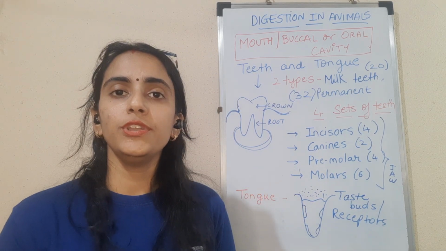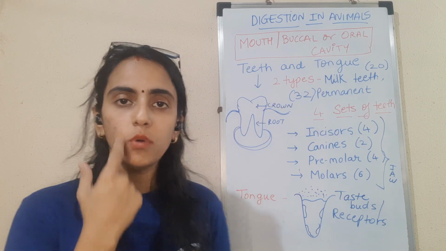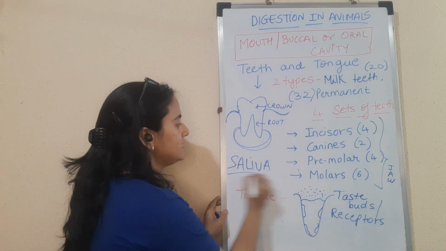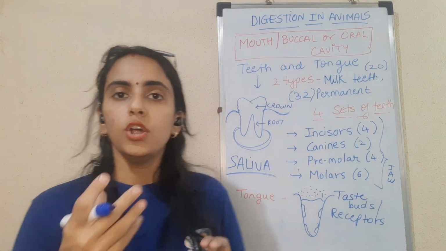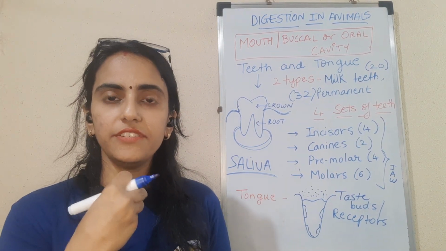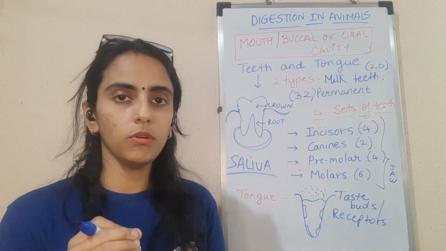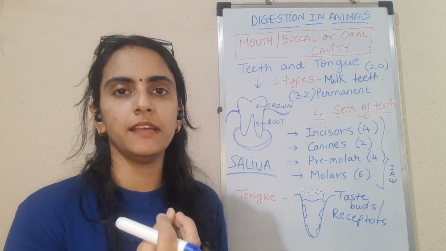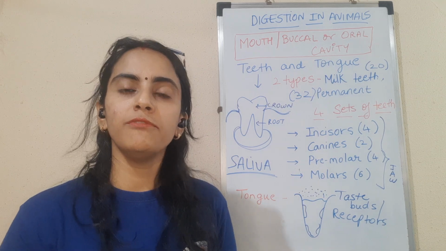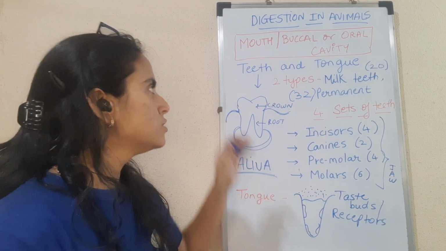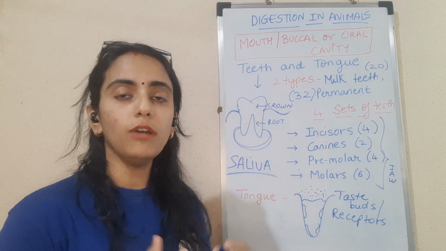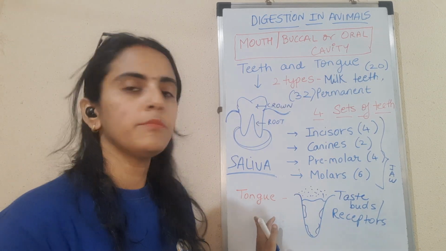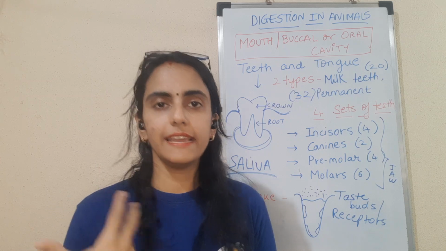Another important thing that you need to remember is the liquid which is present in our mouth, which is called saliva. Okay, so this saliva helps us to mix the food that we have eaten. It softens the food. Whatever food we have eaten, this saliva mixes with that food and makes it soft, so that it can pass through the food pipe very easily. So when we talk about the buccal cavity or the mouth, we need to remember the importance of saliva, the importance of teeth, and the importance of the tongue, which helps us to recognize the taste.